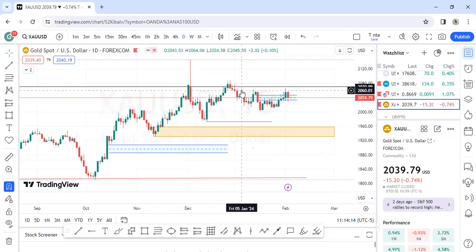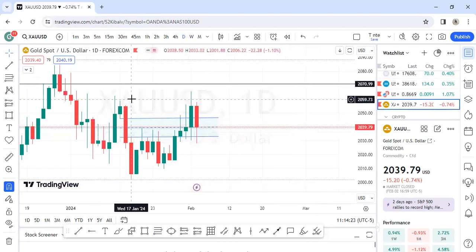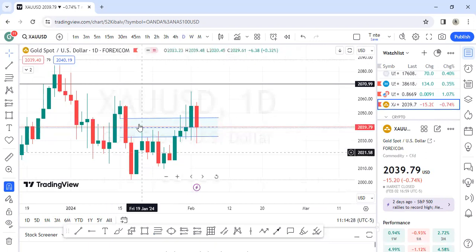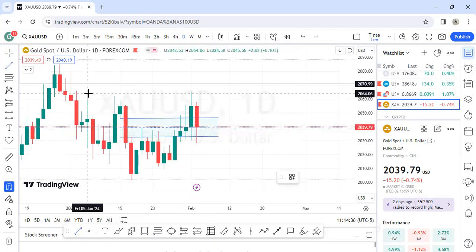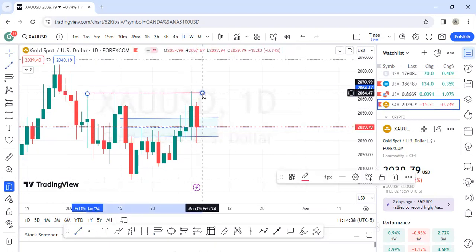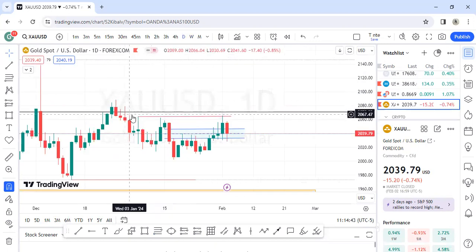So I'd love to see gold start breaking some daily lows. If gold can break this low at least and possibly break this low, then I can confirm the market wants to sell. But now gold is doing what? Instead, it is making highs. We see this inverted fair value gap. The market has broken above it and then come back to retest it. So based on gold, I feel that gold might still want to push higher, seeing that we have all this liquidity here. It's very possible that gold will go higher.